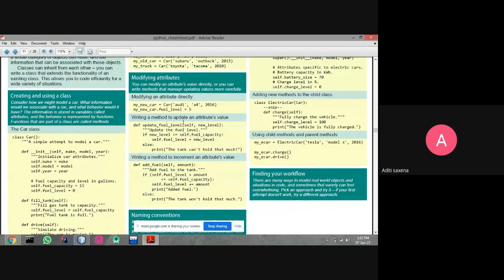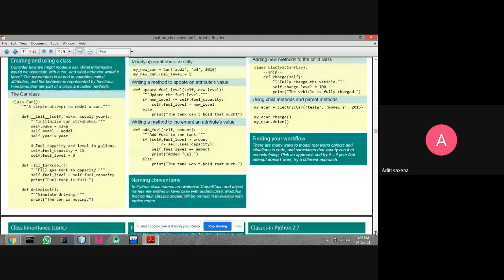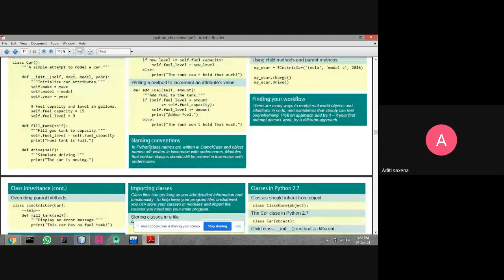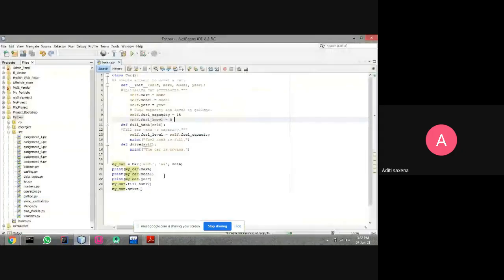Now, writing a method to update an attribute value. If we want to update an attribute value, we write something like update fuel level. This is some basic, very important convention, camel case, which I think you know.